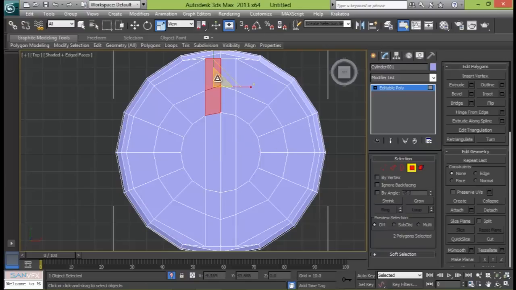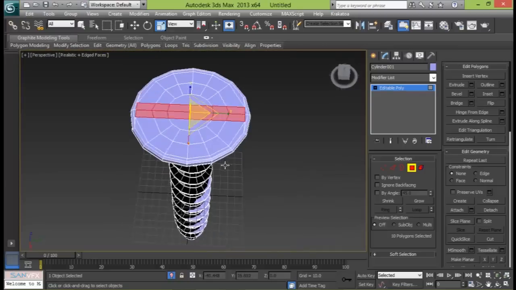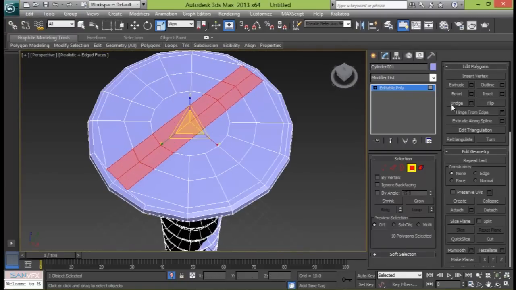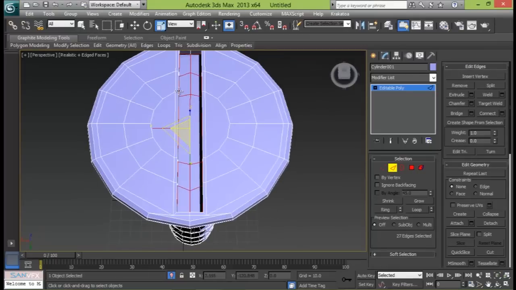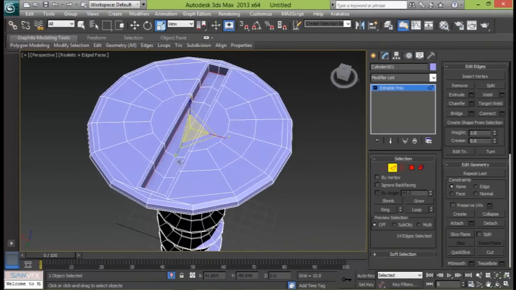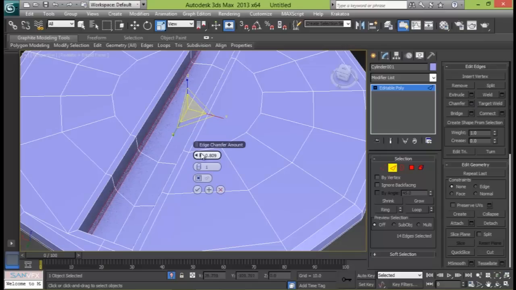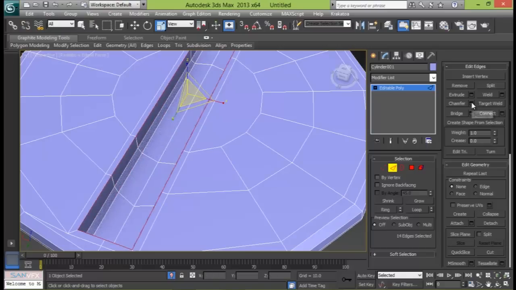Let's go to face, select these polygons right there, and we're going to pull it in. Okay, do a quick inset with a really small amount. Okay, and do extrude, negative extrusion. Okay, control click the edges to select those edges right there, and I'm going to just deselect them. Sorry, alt and select to deselect them, and I'm going to hit chamfer. Okay, also for this one right there, chamfer,